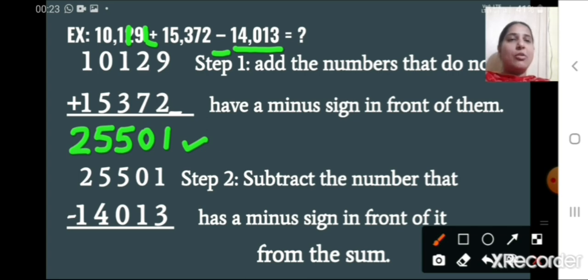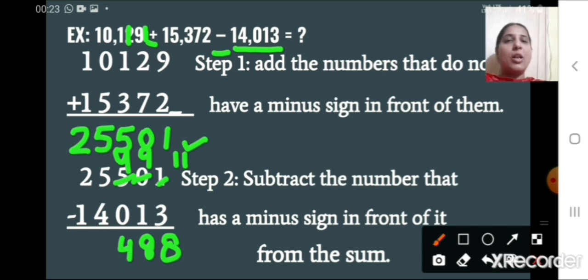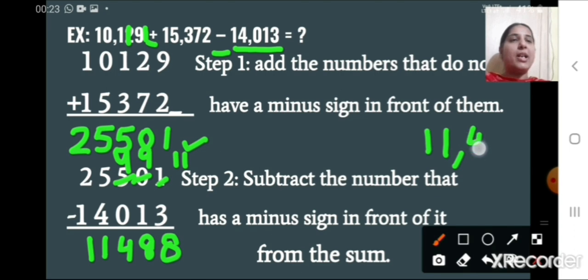So let's subtract now. So 1 minus 3, that is not possible, children. It means we have to borrow. So this becomes 11. And what will be left here? That too we have to borrow. So 9 will be left here. Then 11 minus 3, what will we get here, children? 8. This will be 9 minus 1 here, and this will be 4 here. So 9 minus 1, 8. This will be 4 minus 0, 4. 5 minus 4, 1. And 2 minus 1, 1. So what is the answer obtained here, children? 11,488.